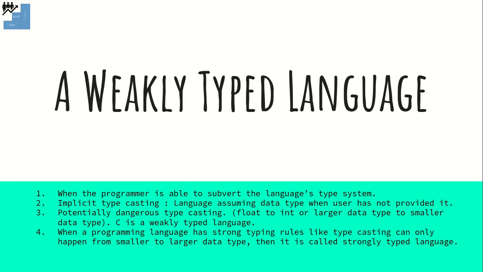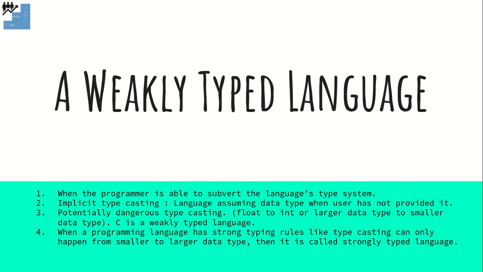Weakly typed language. What is a weakly typed language? A language has a set of rules on its types, for example, one type conversion to another type. Some type castings would be allowed, some type castings would not be allowed. The set of rules which C implements in terms of type checking are considered as weak.